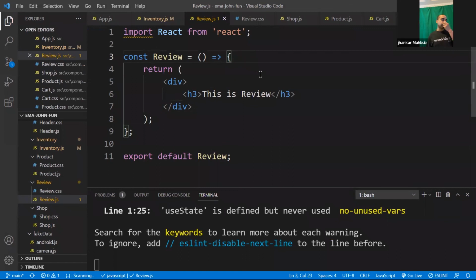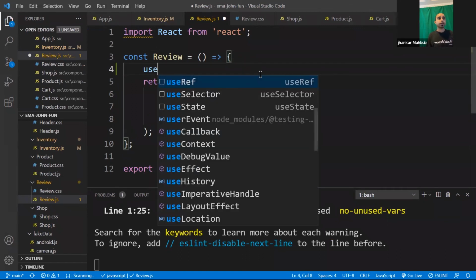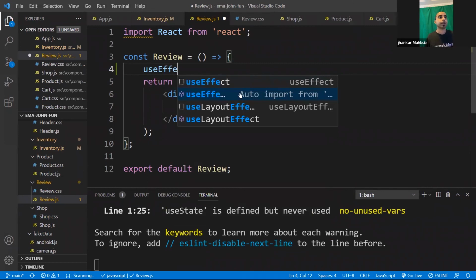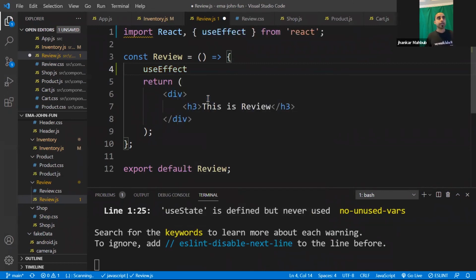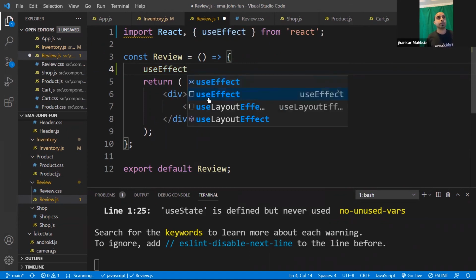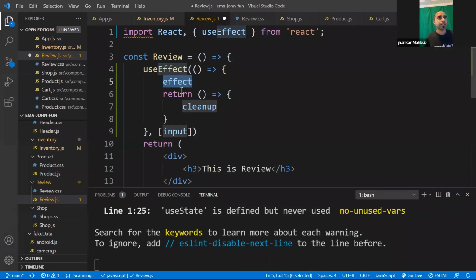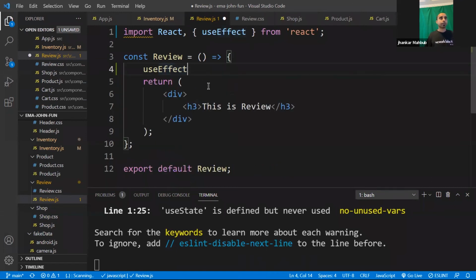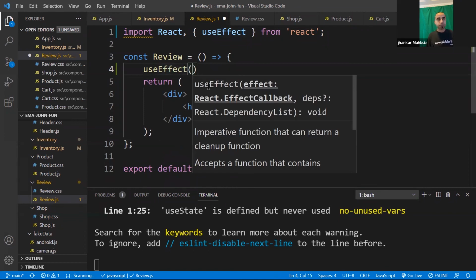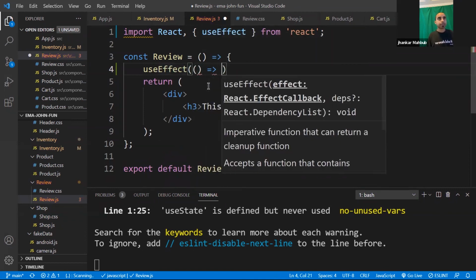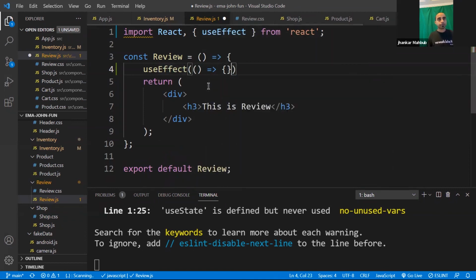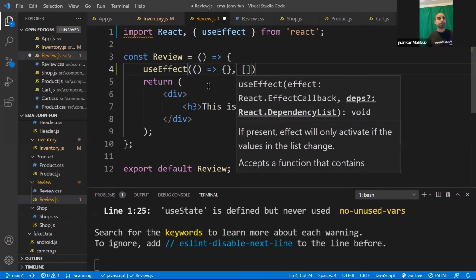Whenever you are loading data, you need to use useEffect. This is auto import, so I pick the second option first, then go one down, and we get useEffect. It gives us some kind of a structure of the useEffect if you want to use it this way. Or you can do it in a little more manual way, and that would be like this. And then you have this information, and then this.